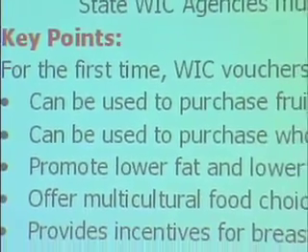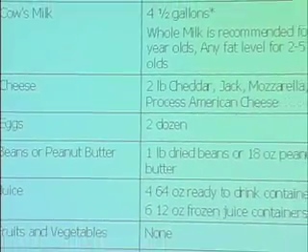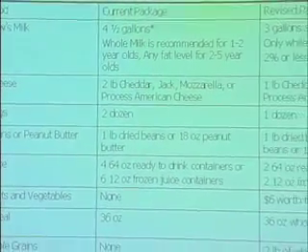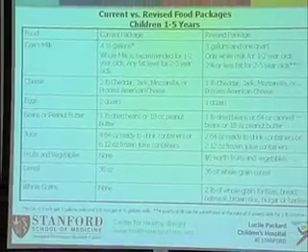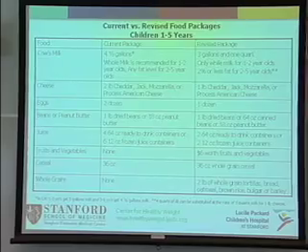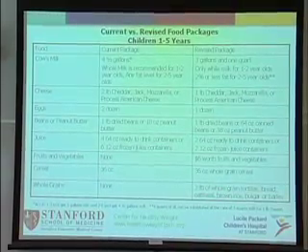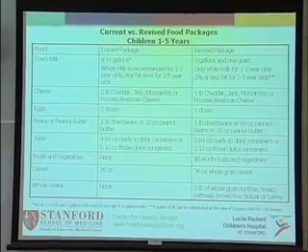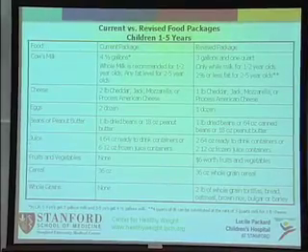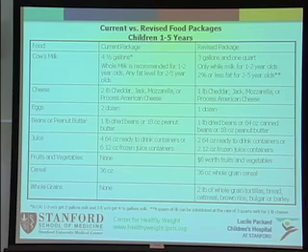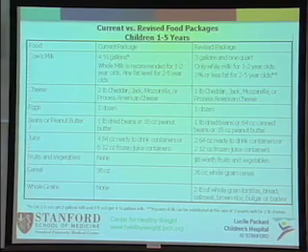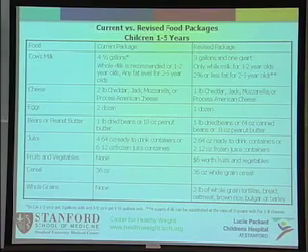changes that were made. And this is just some examples, maybe a little difficult to read, of the types of changes. The left side is the current package before the changes were made, and the right side has the revisions to the packages. And the main differences really are reducing the higher fat and higher calorie products, and increasing things like fruits and vegetables and whole grain options.